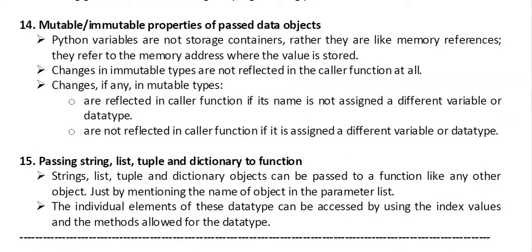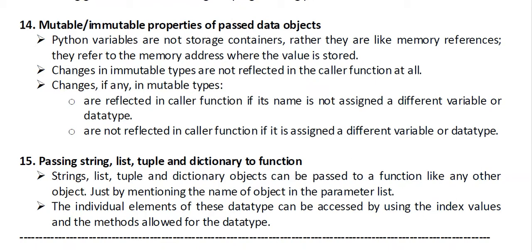So if you are passing an immutable object, it will never change. Whatever the condition, the original value will not change, because a copy is created. When you pass some variable from your call to the definition, it creates a new memory frame. So a copy of it is being passed, and if it is immutable, the main copy will never be changed.